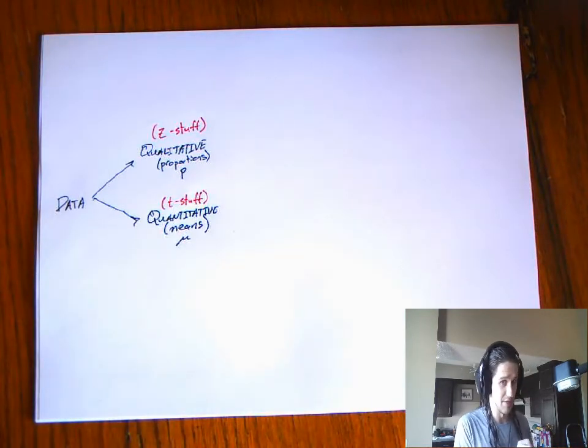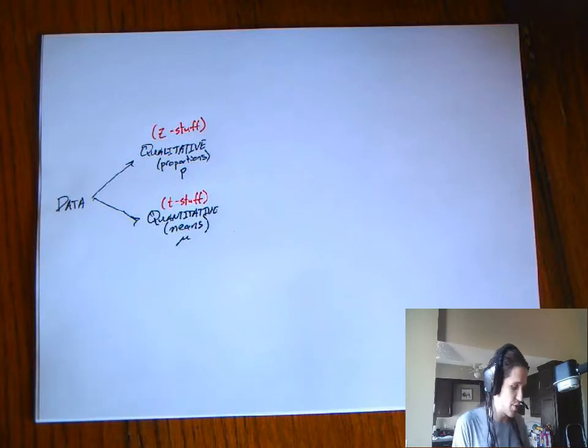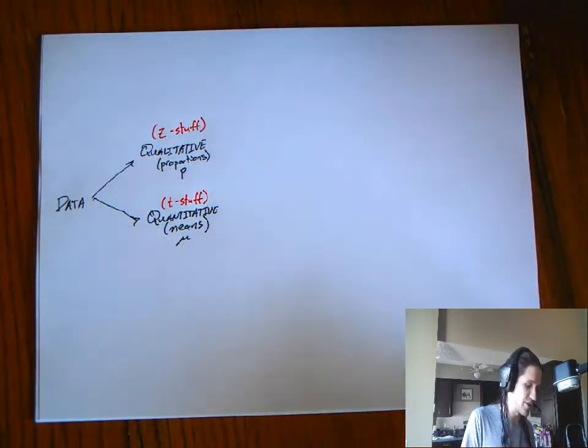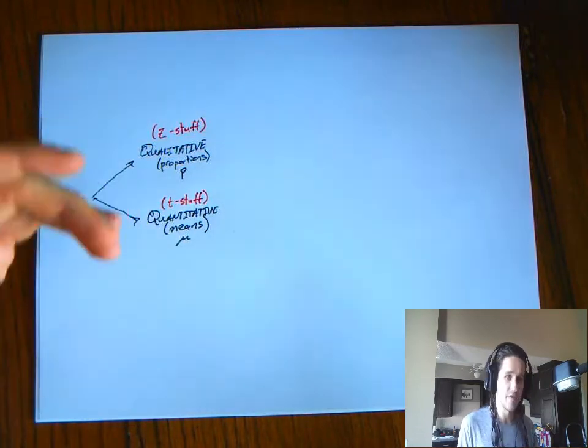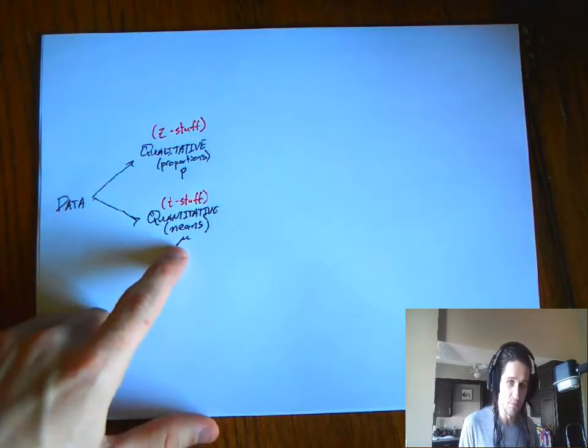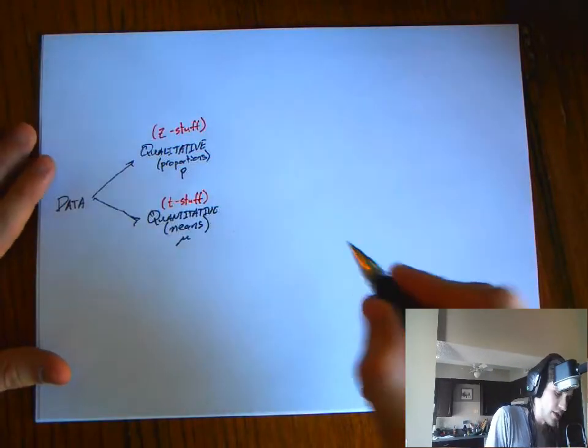You're going to want to size it about like this too. I hope I can size this thing right. So it's qualitative versus quantitative. If it's qualitative, it's proportions, it's P. It's going to be Z stuff. If it's quantitative, that's means. The symbol we use for that is mu. That's T stuff. Okay, and then the question is, are we